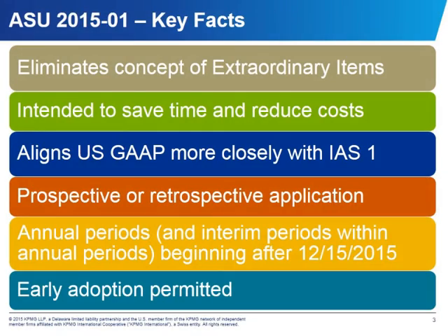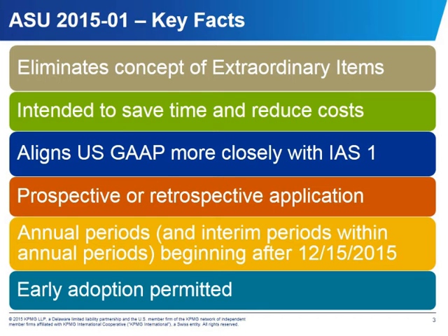So the FASB eliminated from GAAP the concept of extraordinary items for this ASU. The ASU was issued as part of the simplification initiatives, which objective is to identify, evaluate, and improve areas of US GAAP where cost and complexity can be reduced, while maintaining or improving the usefulness of the information provided to users of the financial statements. This update aligns more closely US GAAP income statement presentation guidance with IAS 1 presentation of financial statements, which prohibits the presentation and disclosure of extraordinary items.